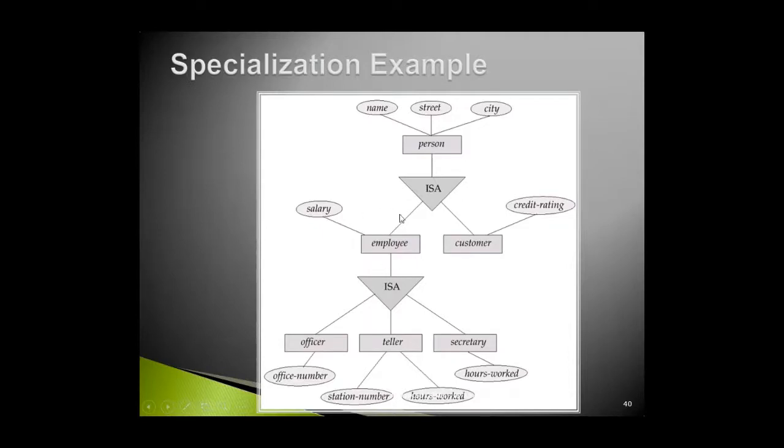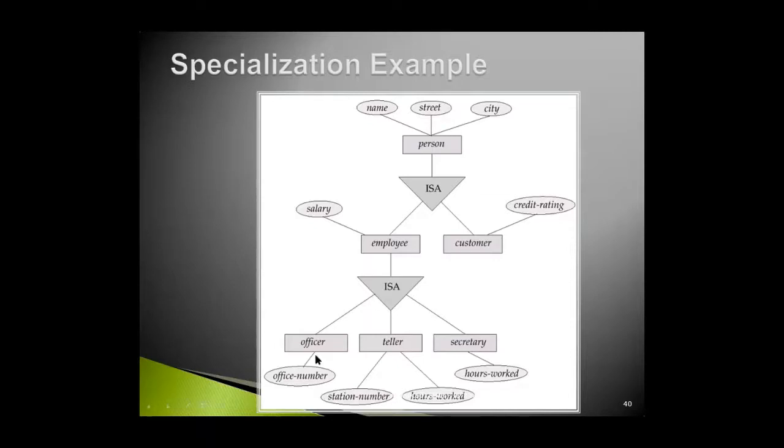Now, if you see, this employee entity set is again further extended by using this specialization feature: employee is an officer, employee is a tailor, and employee is a secretary. It means whatever roles there are for an employee working in an organization, if one needs to maintain the distinctive properties of every role, then the employee entity set can be extended further. So you need to understand the requirement first clearly.